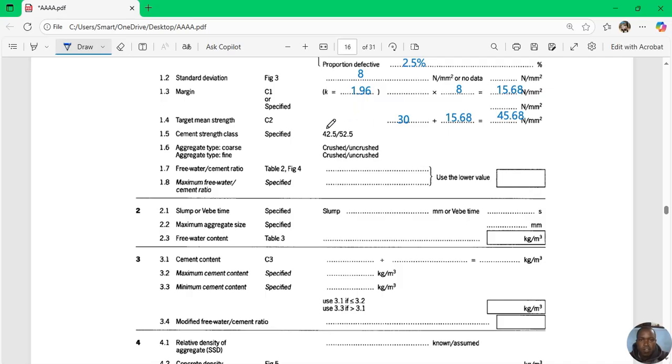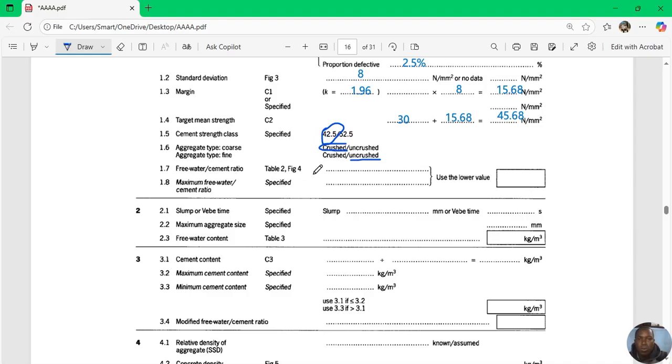So what type of aggregate shall we be using? For the coarse aggregates, we shall be using crushed. And the fine aggregates, we shall be using the uncrushed. So after marking these ones, we shall have to check for the free water